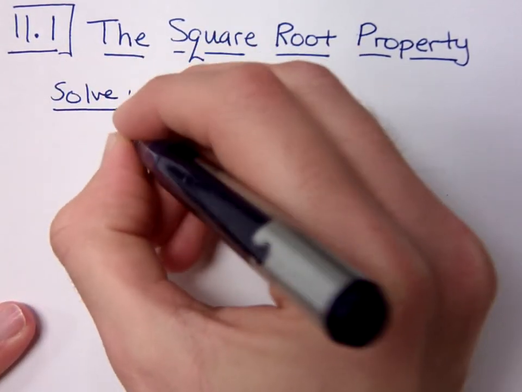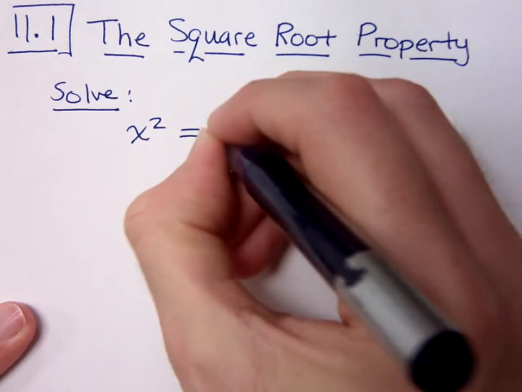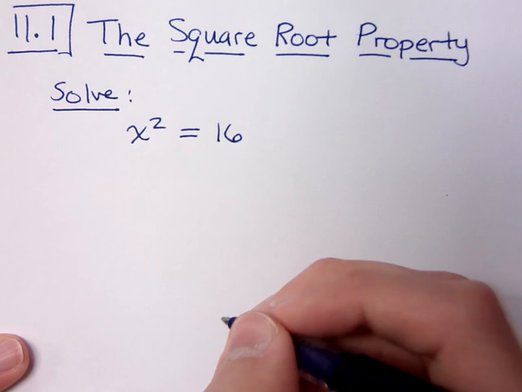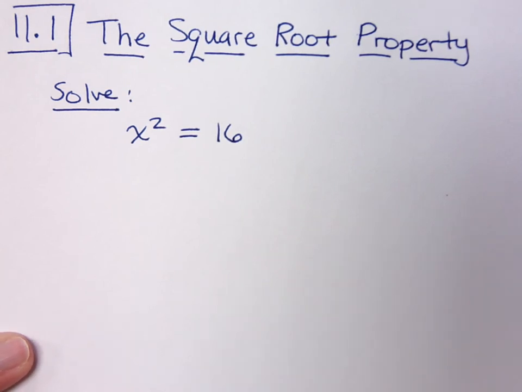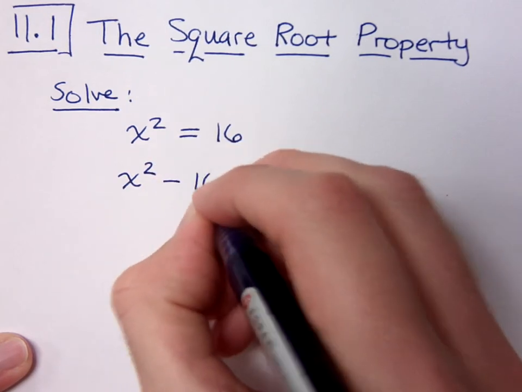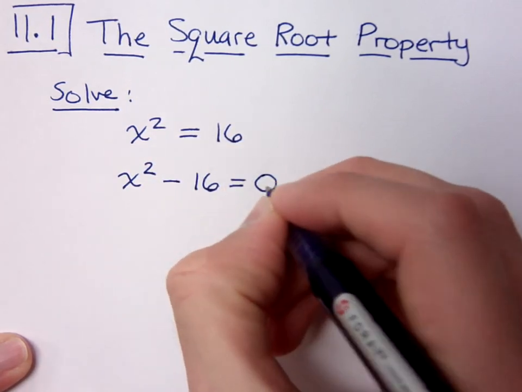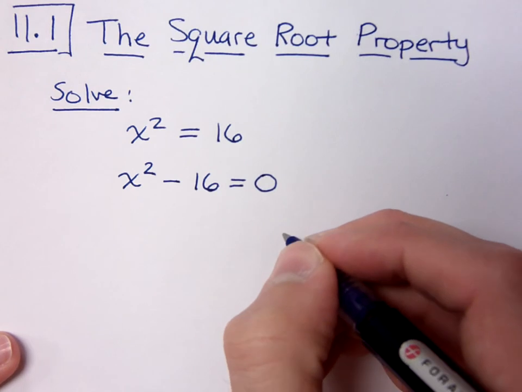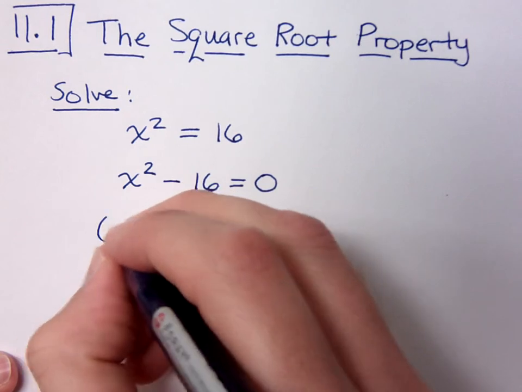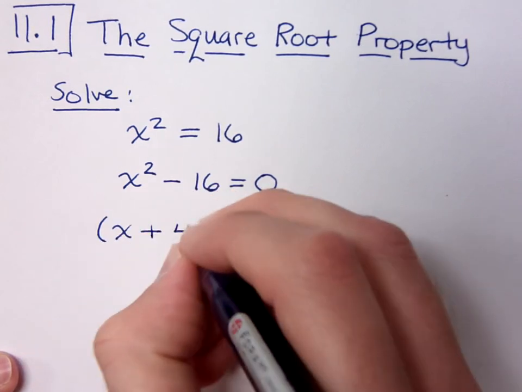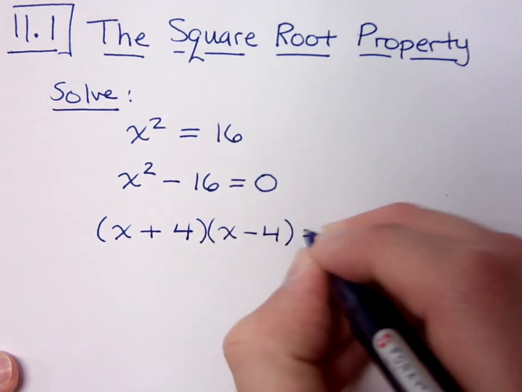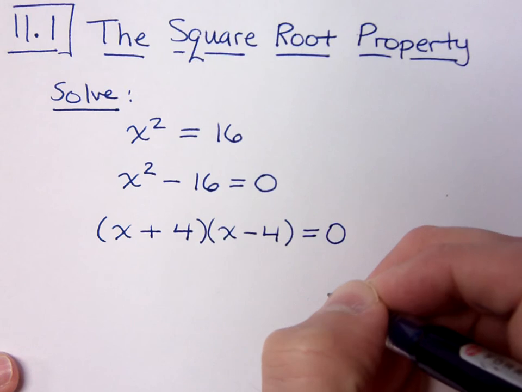Now, let's start off with something very nice and basic. If I give you x squared equals 16, this is quadratic, and we know how to solve quadratic equations. The way we learned to solve these before was that we get everything to one side of the equation so that 0 is on the other side. Then we use the zero factor theorem. And the zero factor theorem says you have it equal to 0,